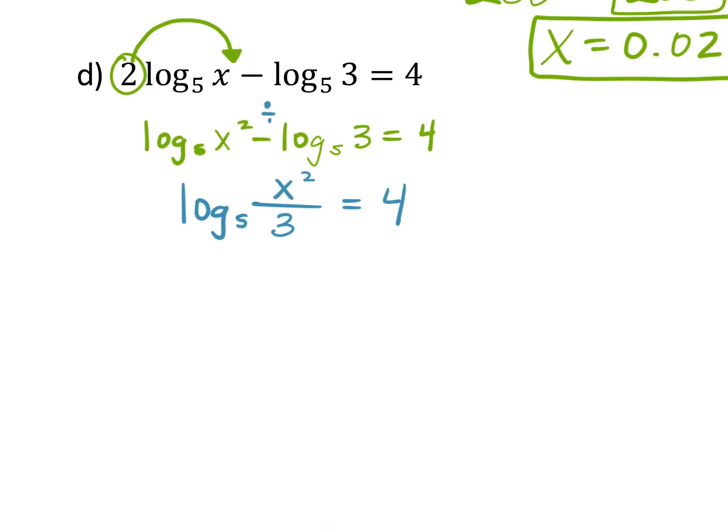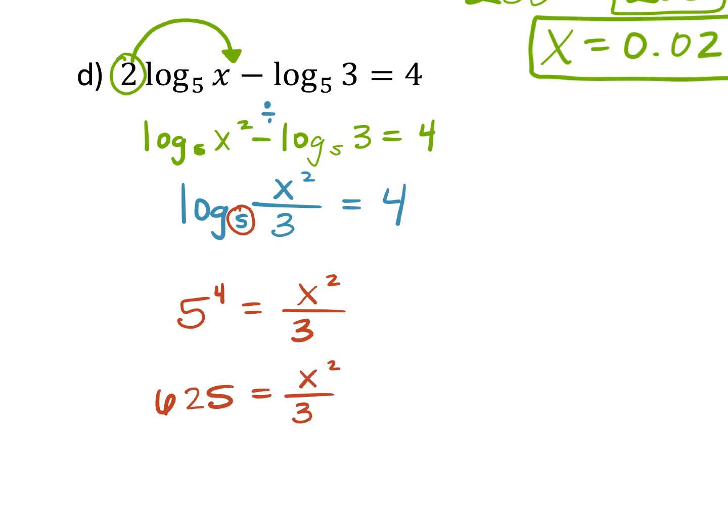What's your next step? We made it one log. Now exponential, okay? So now what we're going to do is we're going to take this 5, take it to what power? The 4th power equals x squared over 3. Okay, 5 to the 4th, if you work that out, is 625 equals x squared over 3. Then you multiply by 3, multiply by 3. So you get 1875